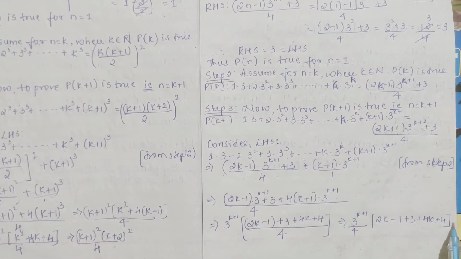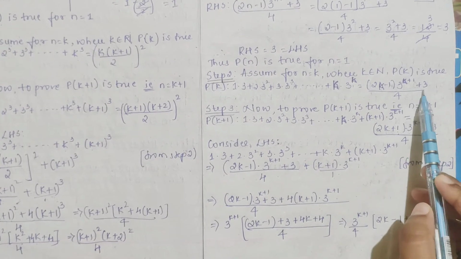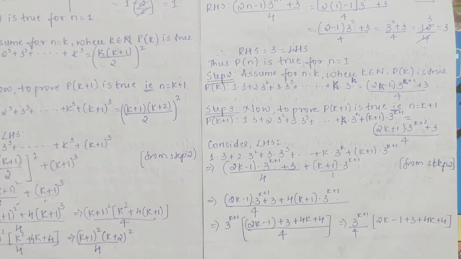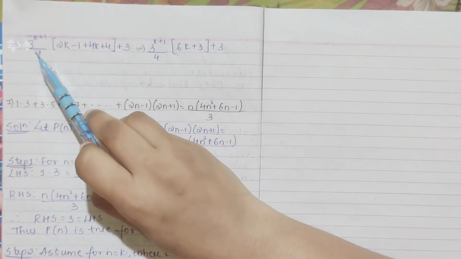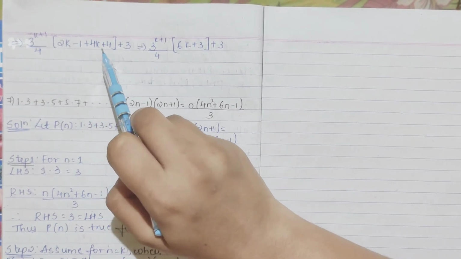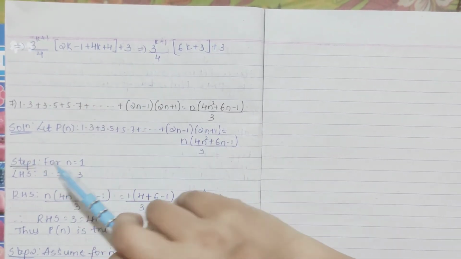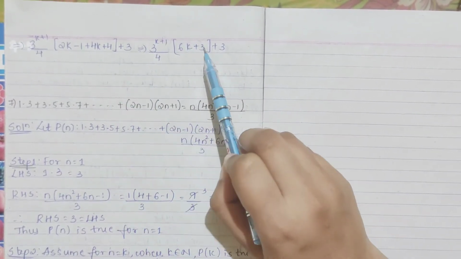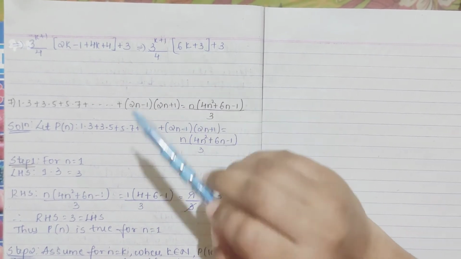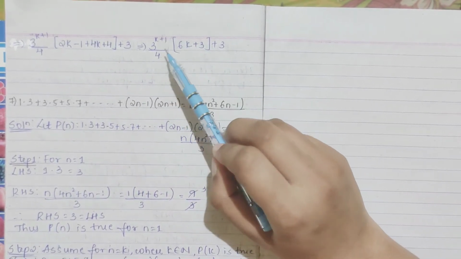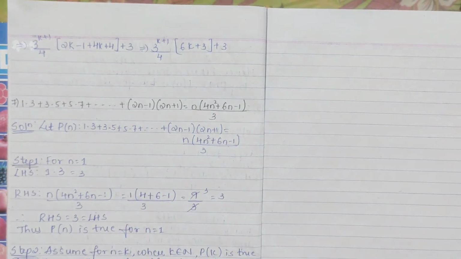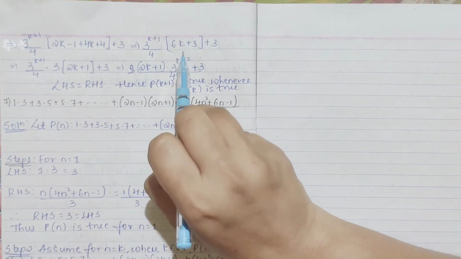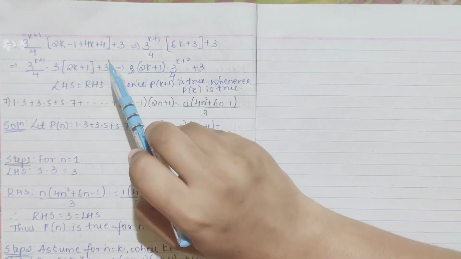See here 3 is there, this 3 I will keep outside only, because we want 3 here in RHS, right? So we will not add or anything, we will just keep it outside. So 3 raised to k plus 1 divided by 4, (2k minus 1 plus 4k plus 4) plus 3, I have kept it like this. So 3 raised to k plus 1, see 2k plus 4k is 6k, 4 minus 1 is 3. Now next what we can do, from this I can take 3 common, right? Then the base will be the same, I can add the powers, right? See here I have taken 3 common, so I will be left with 2k plus 1, right? 3 twos are 6 plus 3 plus 3.